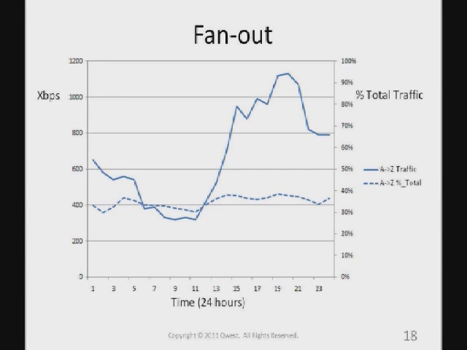But the really neat thing is that if you look at the dashed line, that represents the percentage of the total traffic on the link that this flow represents. And it's really common for us to see that percentage be very consistent. In this case, that percentage is right around 30 to 40%. It hangs in the 35% range. And that's kind of neat, and we think it's useful in the planning process. So I won't get into that much further.